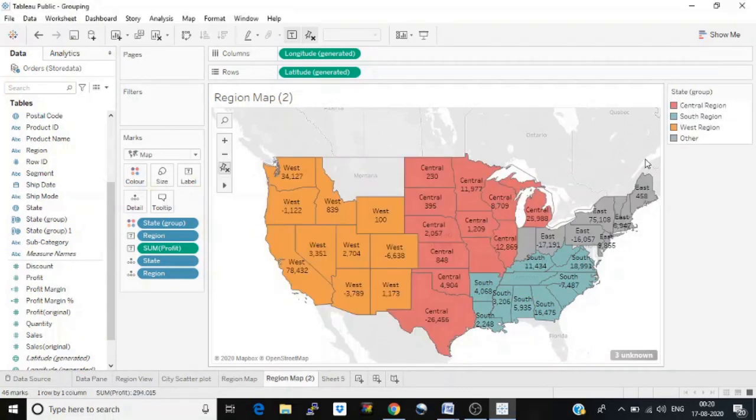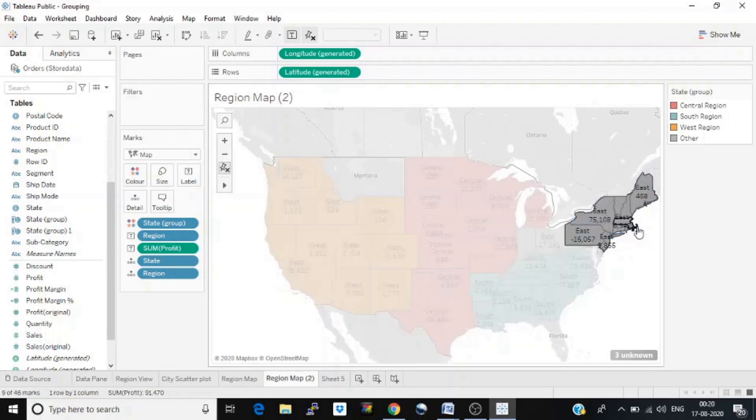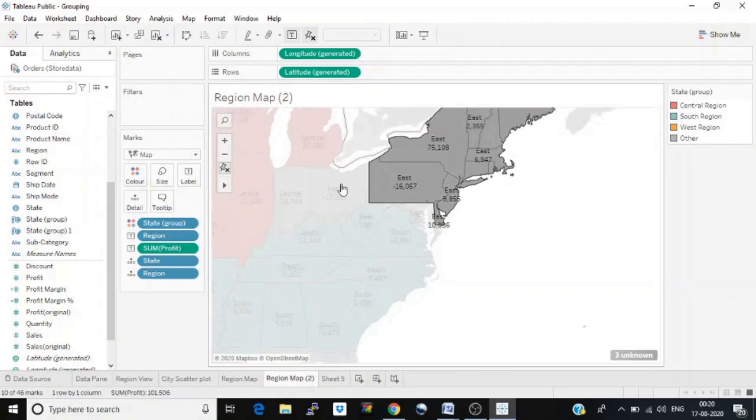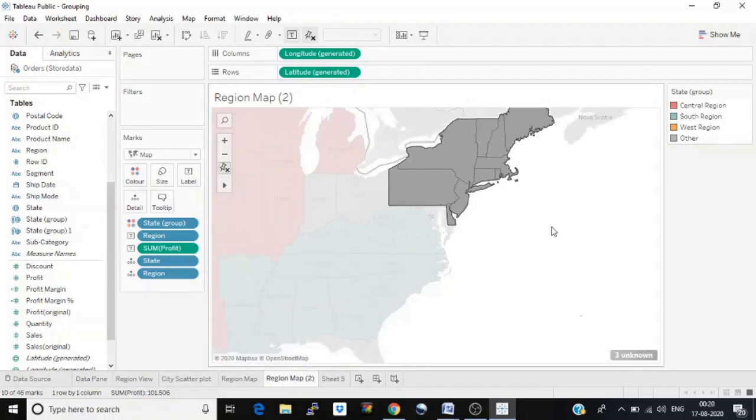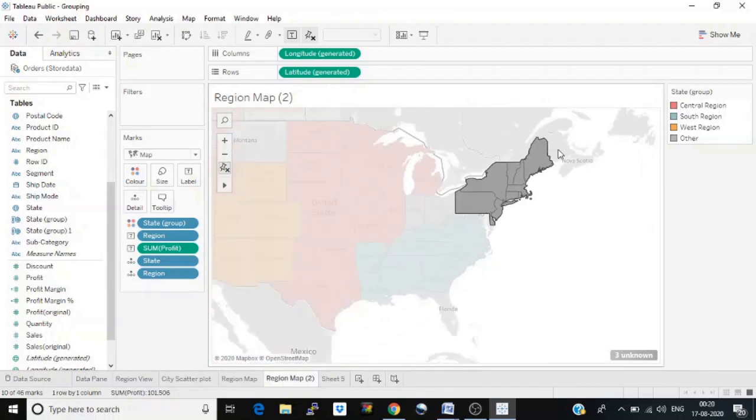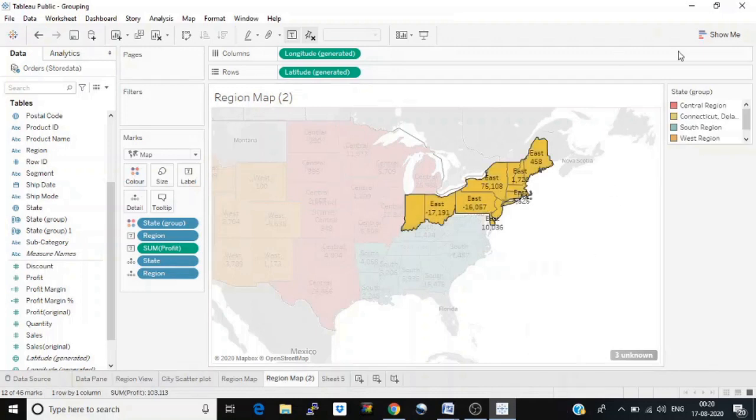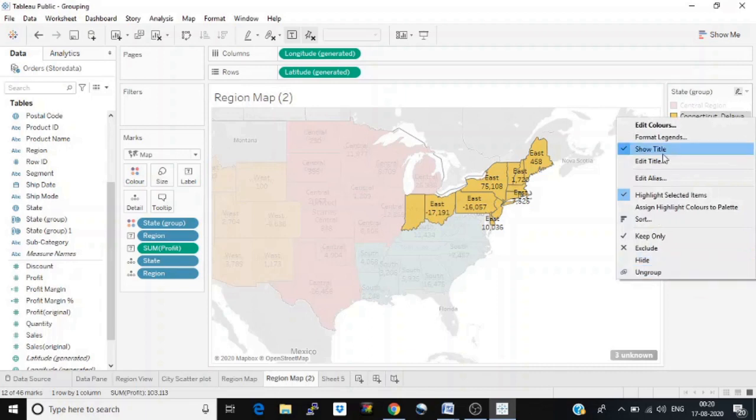Okay, and last East. I hope I have selected all the regions. This one is remaining. Group and mark it to East region.